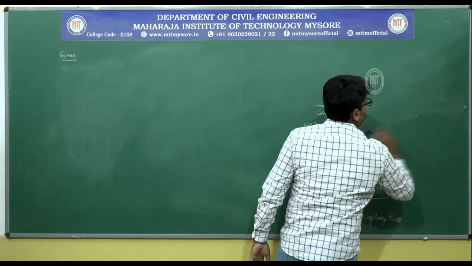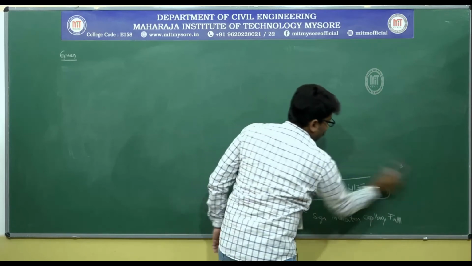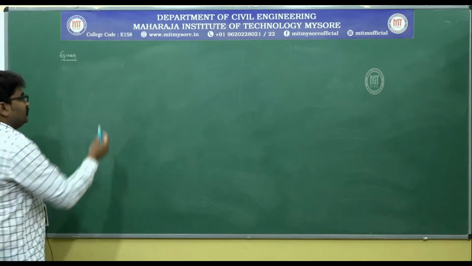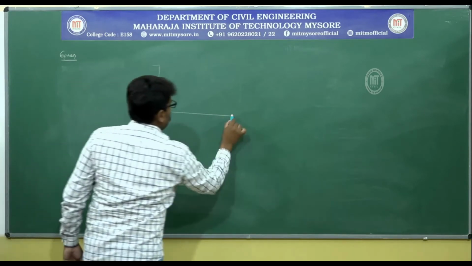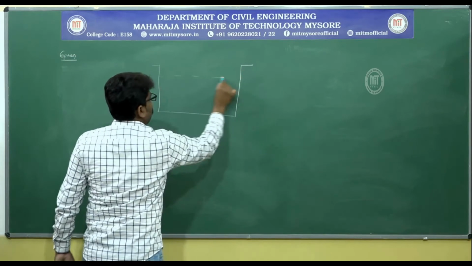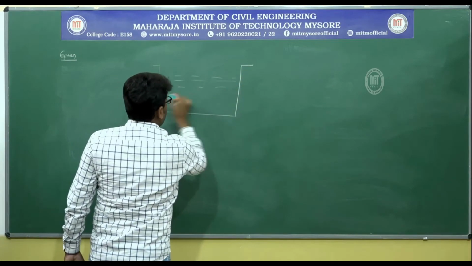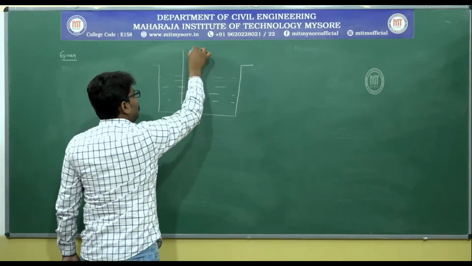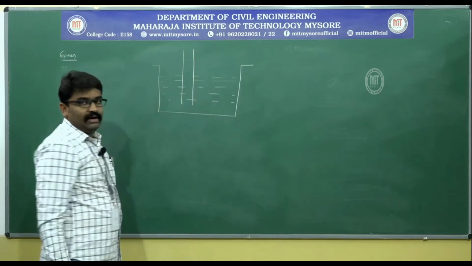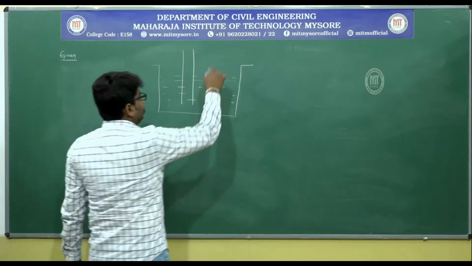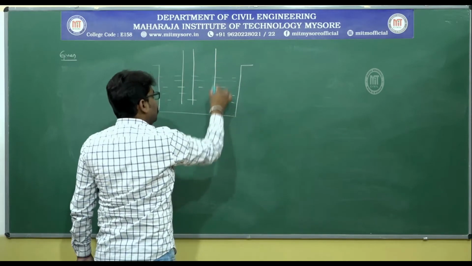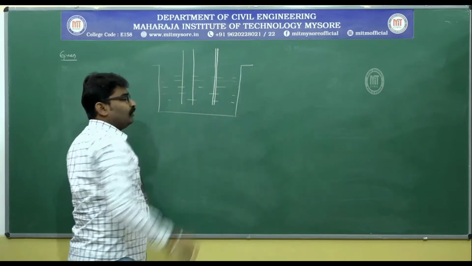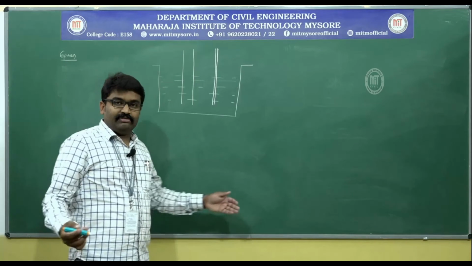concepts. Now, he has given you a beaker or a container having water, and you are made to dip two tubes into it. I will show you with this diagram. You have water that he has given in the problem. You dip into it a 20 millimeter diameter tube, and adjacent to it you also place a 2 millimeter diameter tube.